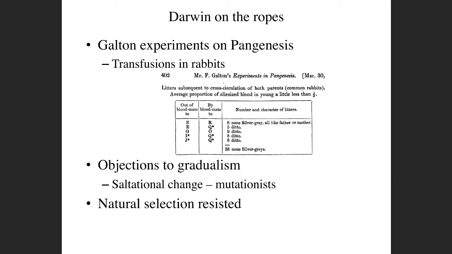Oh, if there are these gemmules flowing around our blood and accumulating in the germline, then if we change the blood, we should be able to affect what the offspring look like. Did the experiments, saw no effect. However, Galton was also disturbed mathematically with the idea that inheritance is blended and that all change